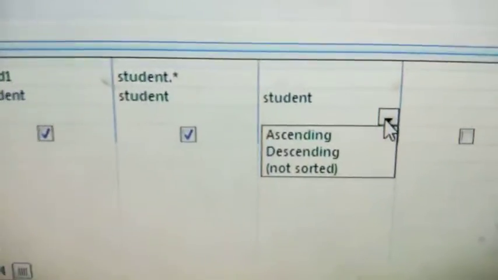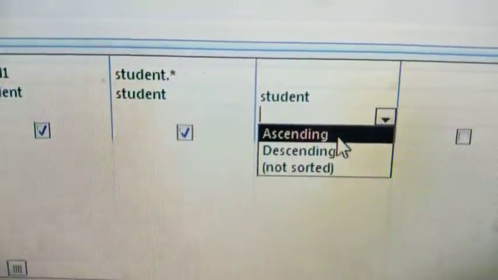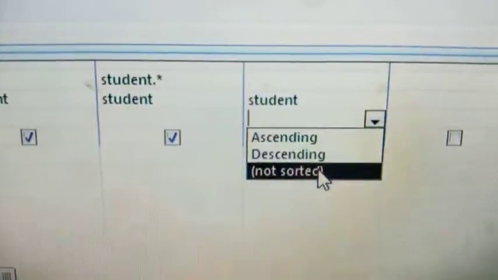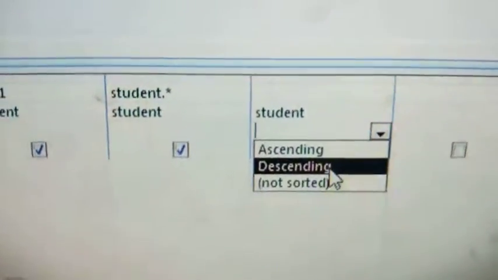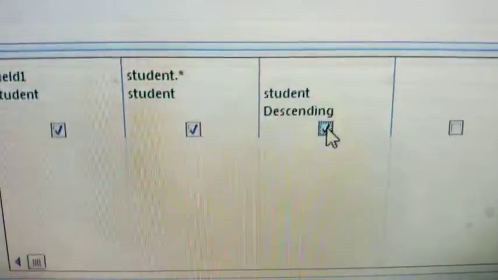Here when you double click there you can sort it ascending or descending. For example, if we are selecting the descending order, then you click here, then click on the right.